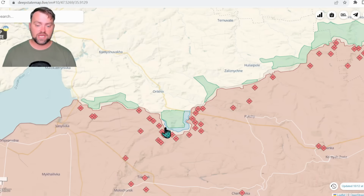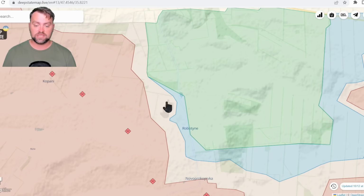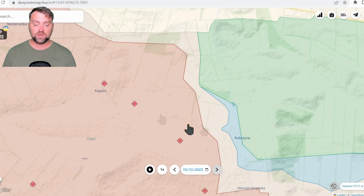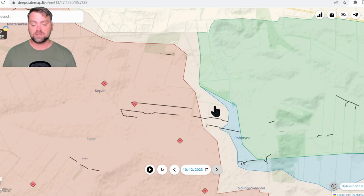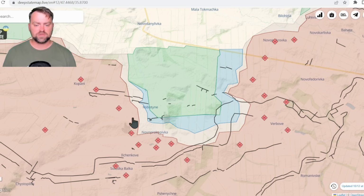Today, Ukraine also has a light advancement near Robotyne. It was confirmed that this territory was freed from the Russian occupiers. Before, it was in the gray area. Clearly, we see the advancement of the Ukrainian army towards Kapani. Still, it's far away from the front lines, but the goal for Ukraine is to penetrate the Russian defense and reach this village. Honestly, I do not expect further advancement of Ukraine in the near future towards the south near